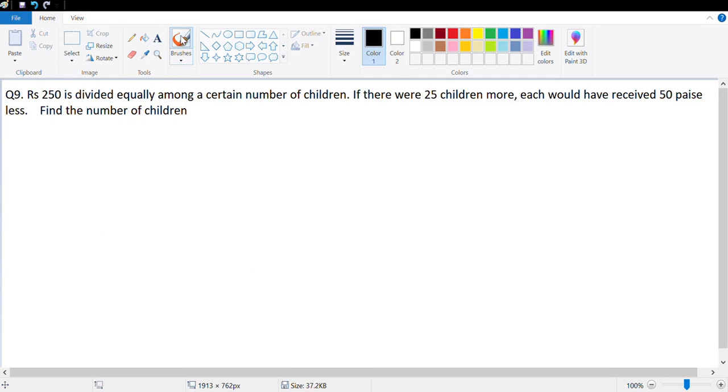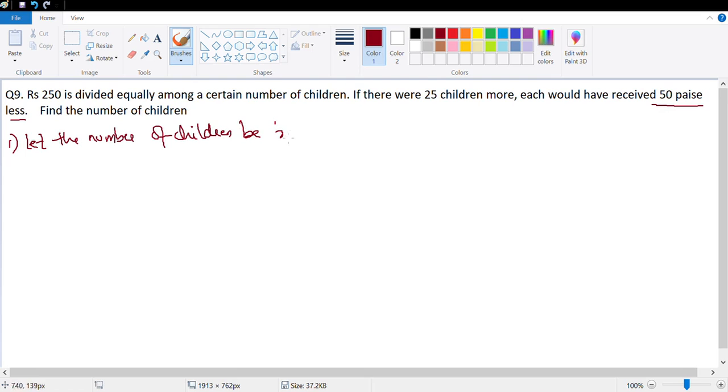It says 250 rupees is divided equally among a certain number of children. If there were 25 more children, each would have received 50 paisa less. Okay, find the number of children. So let the number of children